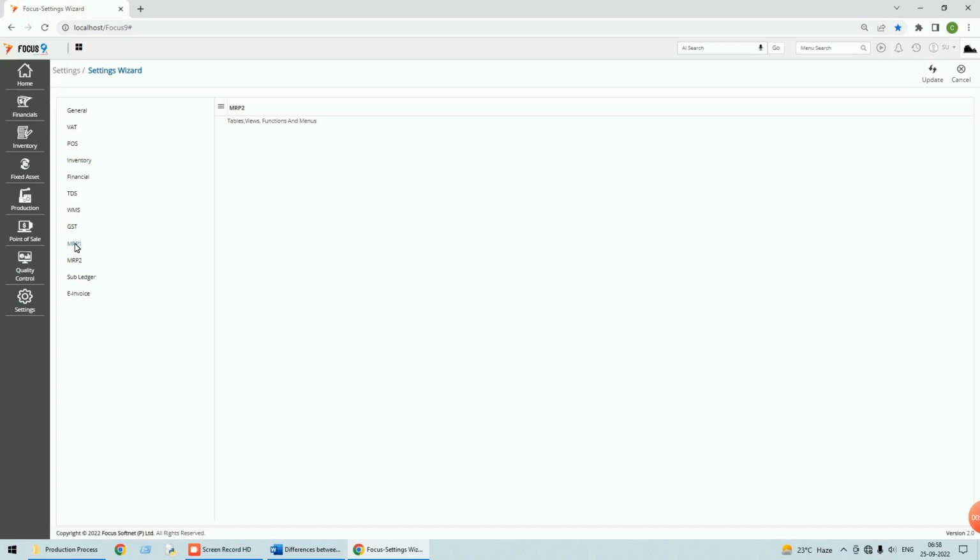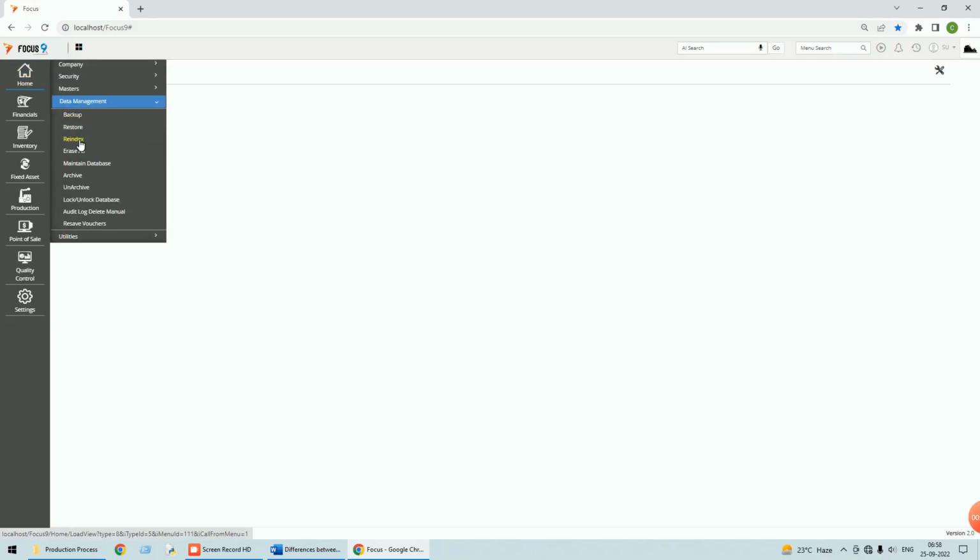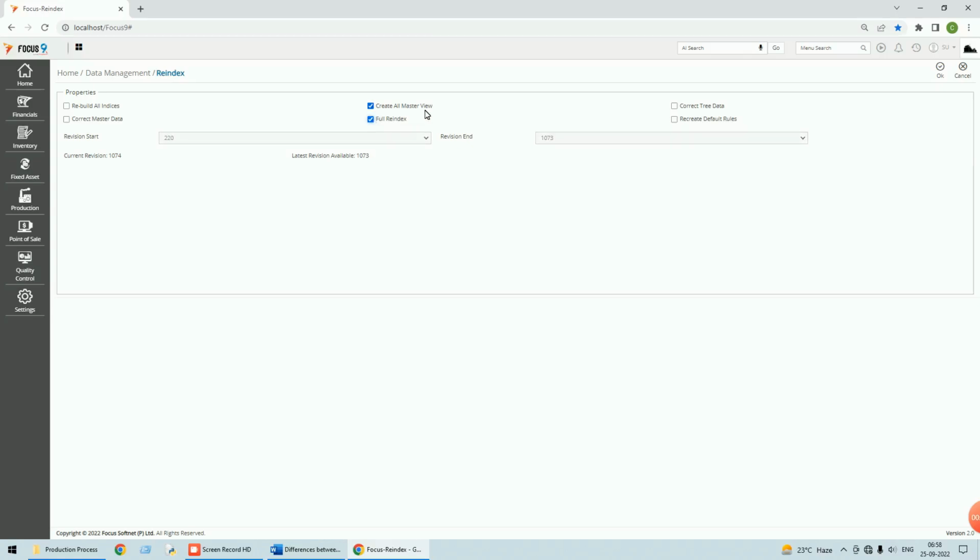In MRP-1, if I click, it says MRP-1 is enabled on this company. Please note that if MRP-1 is enabled in this company, you should not enable MRP-2. It's vice versa: if you enable MRP-2, you should not enable MRP-1. Click on MRP-1 and then click on update. After updating, close this menu and go to re-indexing. Click on the home button, data management, click on reindex. Here you can select full reindex and click on OK. Once the reindexing is done,